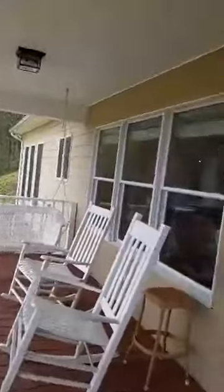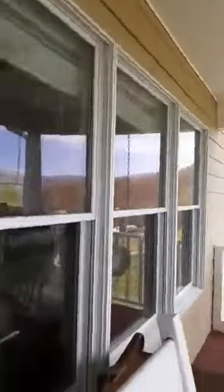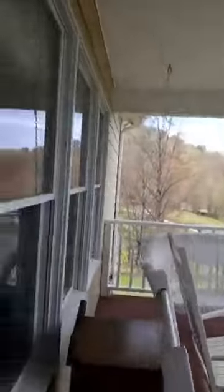I see somebody else has jumped on here, but let's go in and see what we've got in here. The thing I like about this is we don't have to wear masks. We don't have to worry about social distancing, and we get to have a lot of fun. So let's go on in. And I like the fact that screen door, listen,